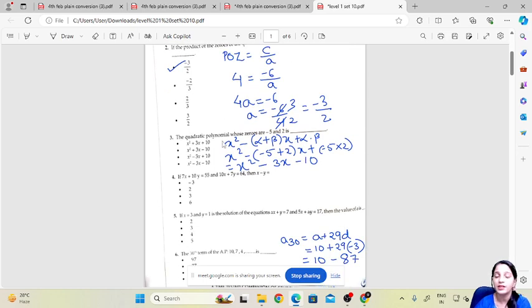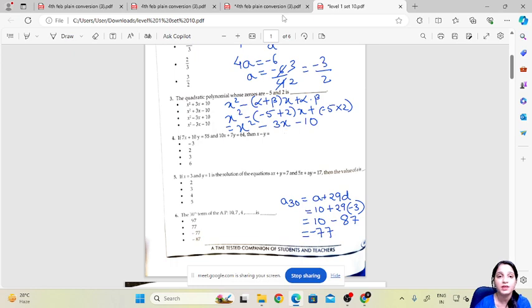Then the quadratic polynomial with zeros minus 5 and 2 is. First of all you need to know the formula, that is x square minus alpha plus beta into x plus alpha into beta. What are alpha and beta? Alpha and beta are the two zeros, which are given in the question. So x square minus (minus 5 plus 2) into x plus alpha into beta. So x square minus 5 plus 2 is minus 3, and minus into minus is plus, and that will be 10.